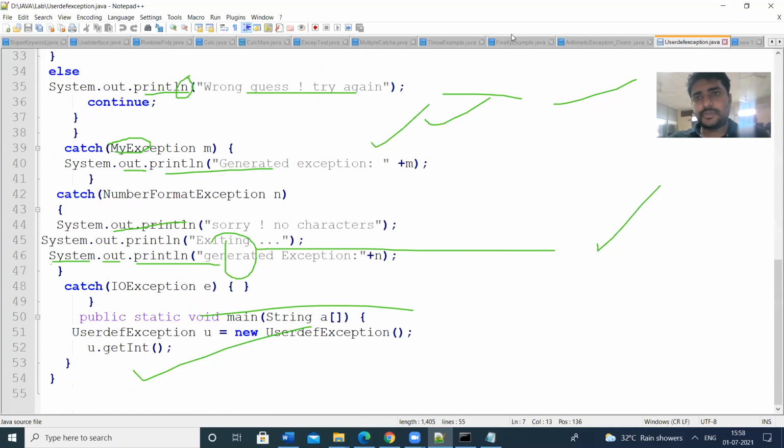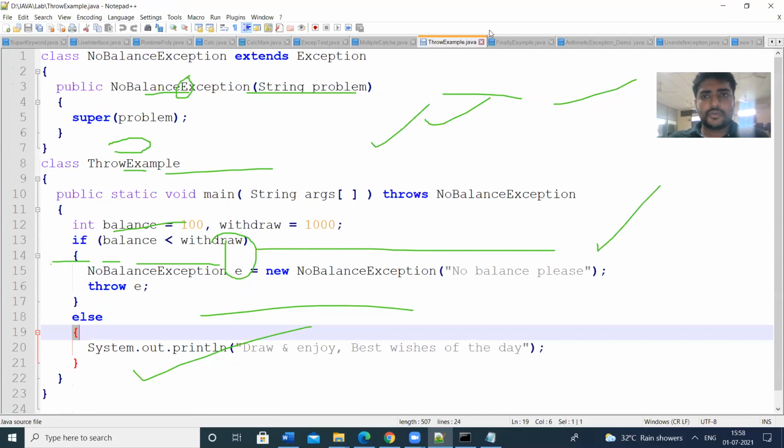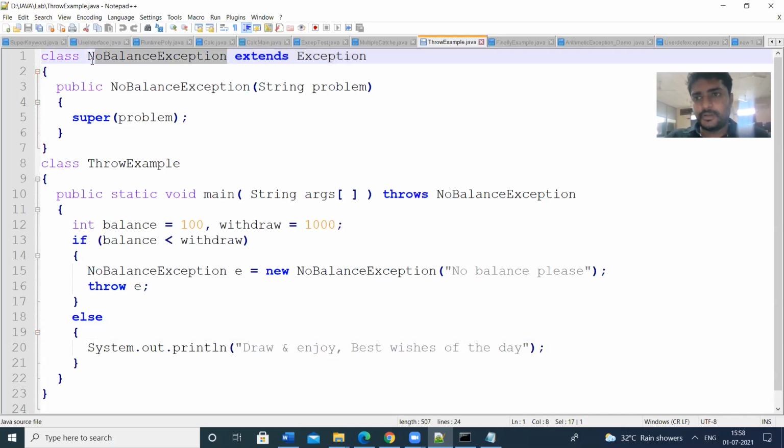So same program, same thing. I have seen the throw example, so this program is enough for that one also. Here also we are creating our own exception, a simple one. In that program we are reading from a buffered reader. We have seen some multiple catch blocks, so that is some long program. We can use this one, the creation of our own exception. So next one.